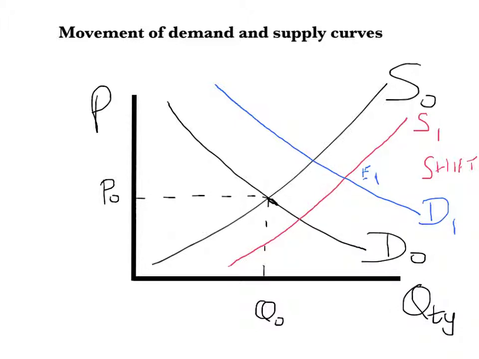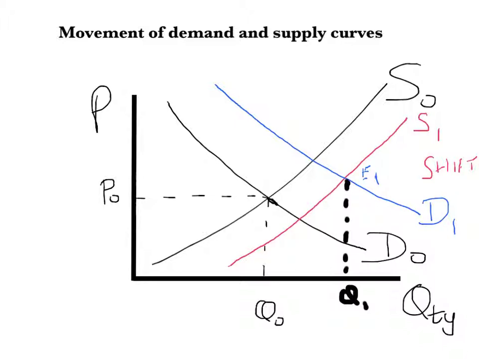However, what we need to look at is the quantity being traded in the market, and what we will see is that that has gone up, and we'll call that Q1. So there has been an increase in the quantity traded in the marketplace,